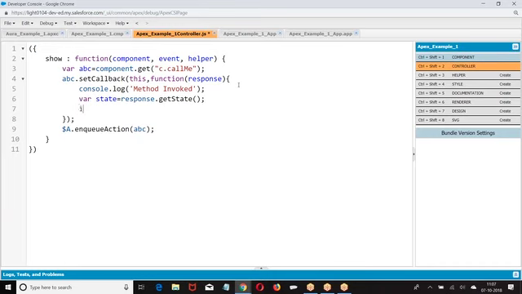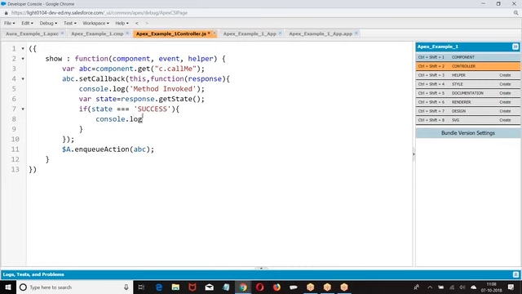So I am going to take var state equal to response dot get state. Now I am checking if state equal to success. When do you use triple equal to? Equal to is for assignment, double equal to is for comparison, triple equal to is comparison with exact match, including type. State equal to success, then I want to give console.log.